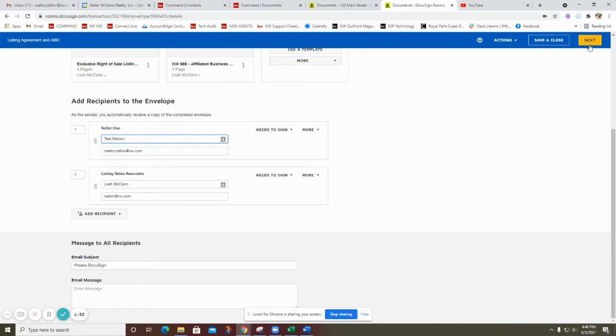And just as a thing to be aware of, when I hit next, it's not sending it to them yet. It's when you hit the word send, that I'll point out in a second, that's when you're sending it. So you still have time to make corrections or to check to make sure everything is good before this piece of it. So we do have the hit send. So load,